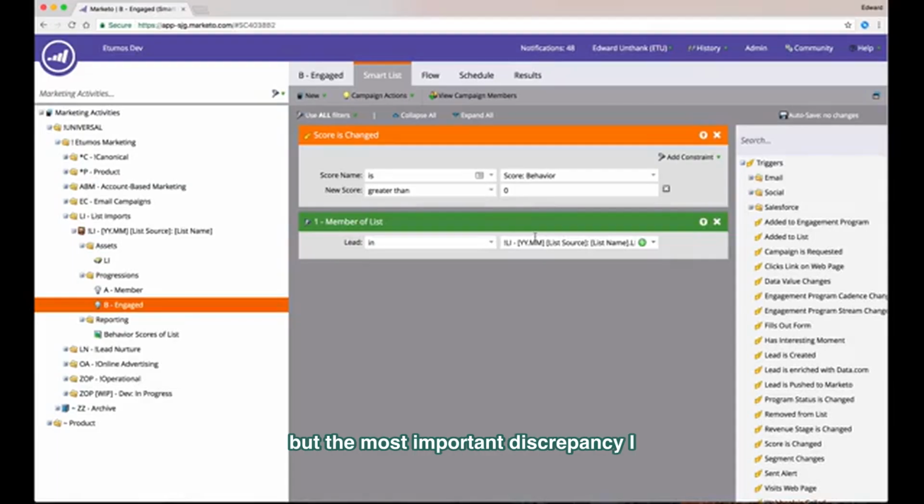But the most important discrepancy I want to talk about here is being able to track the relative success of both list sources and the individual targeting of those lists and purchasing of those lists. Because a lot of the time, if you're doing a lot of list purchasing as an example, you can't tell what sources you should continue to buy from besides anecdotal evidence of maybe one person had a